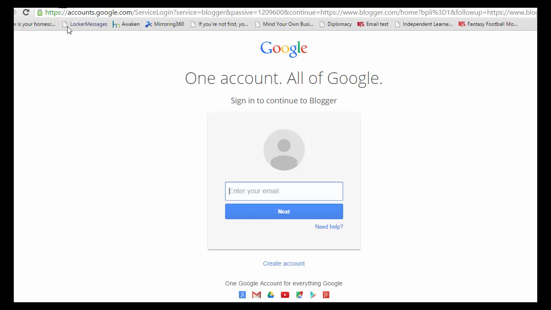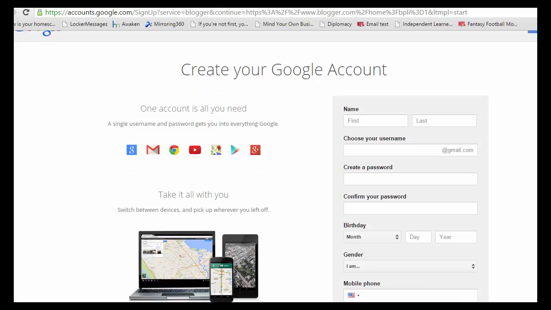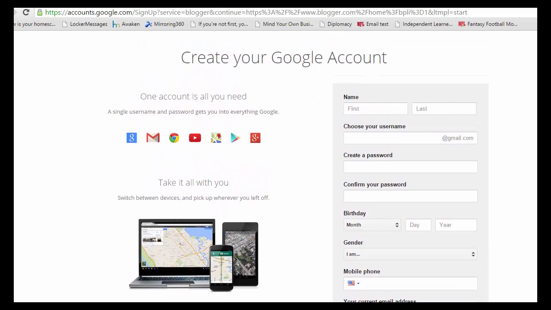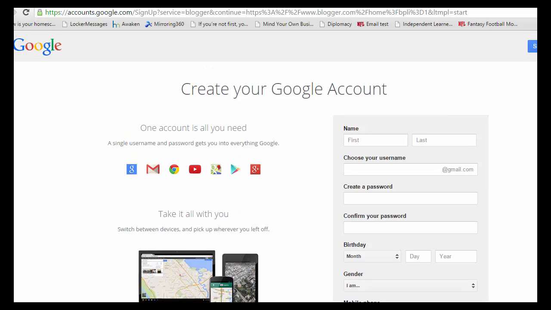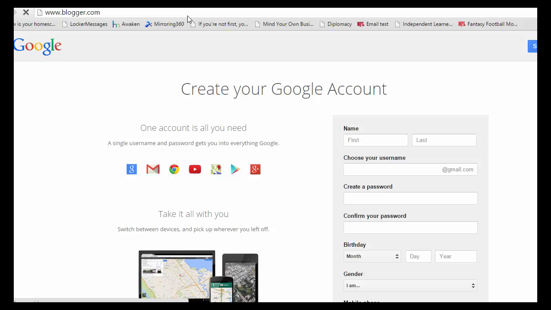as if I do not have an account. So I have to create an account. And you go through and do this whole process. Now remember, get your parents' permission to do this, or use their account, but you are going to have to do that in order to set up your account. But once you have your account set up, then you'll go into Blogger